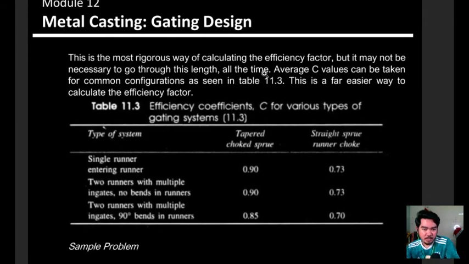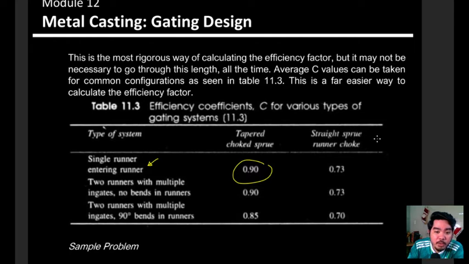Okay. So, that is the most rigorous way of trying to solve for the efficiency factor, no? Pero in most cases, hindi masyado siyang matrabaho for just solving the efficiency factor. But we can just use tables that look like this, no? Ito naman, this is the efficiency coefficient based on the various types of gating systems. So, ito kunwari, if you have a single runner entering a runner, then we can just use a coefficient factor of 0.9 if tapered yung